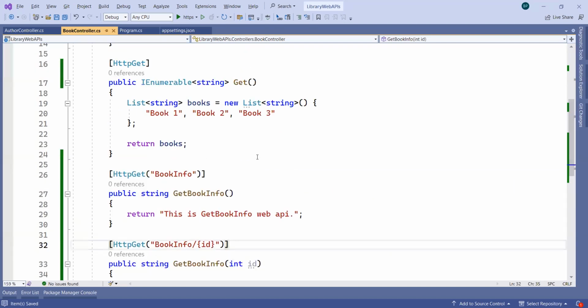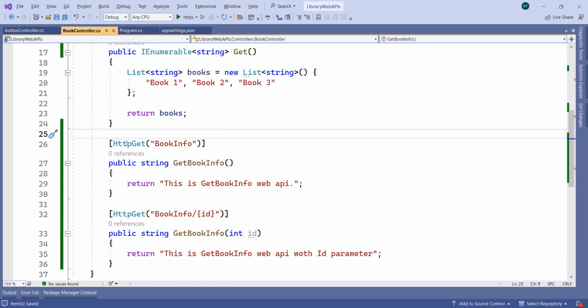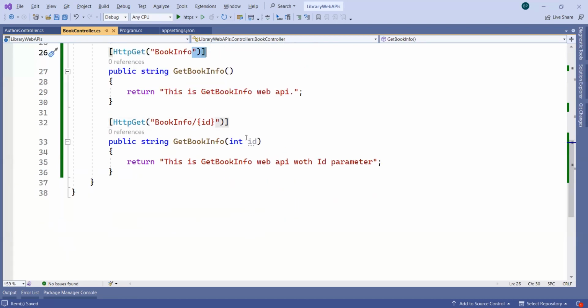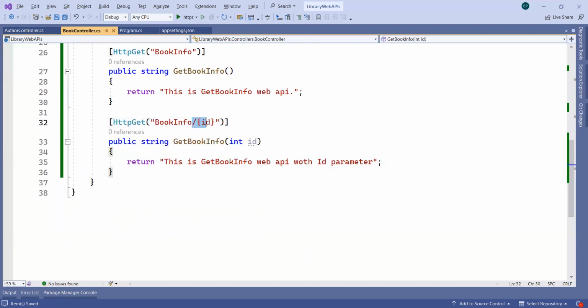Now you can see this is your default API. This is another version of the get API having no parameters. And this is one more example of the get API having one parameter. So we can pass the parameter like controller name slash action name slash parameter, and whatever integer ID you provide as a part of the URL will bind automatically to this ID